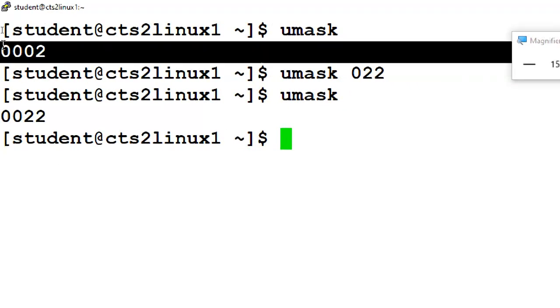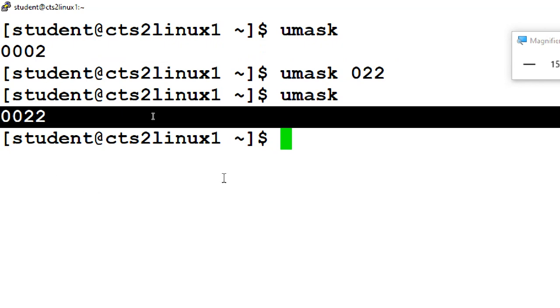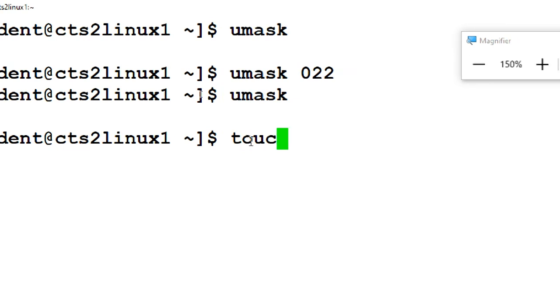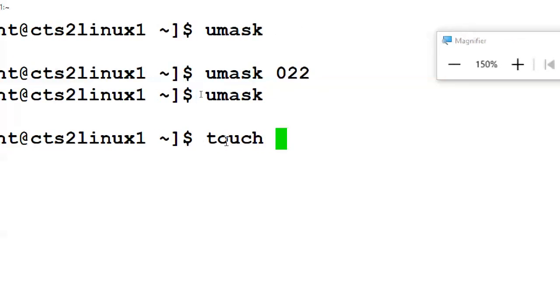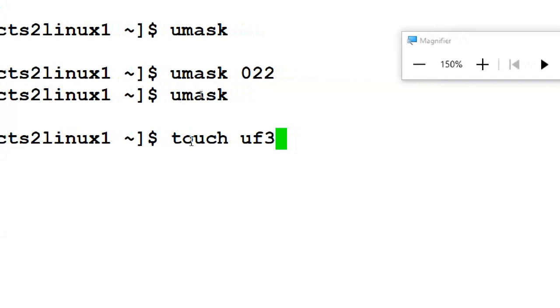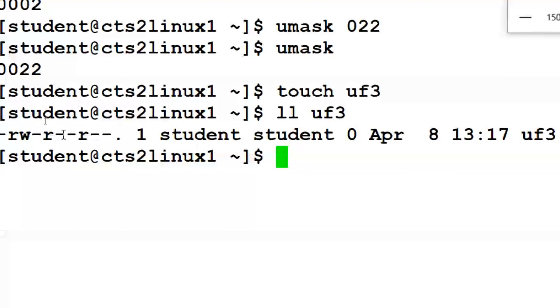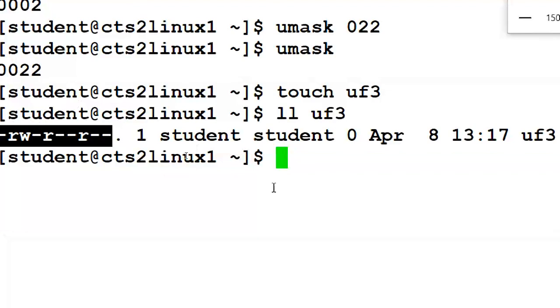Now see, I changed my umask value from 002 to 022. Now I'm going to create a new file: touch uf3, then ll uf3. Can you see the permission set is changed?